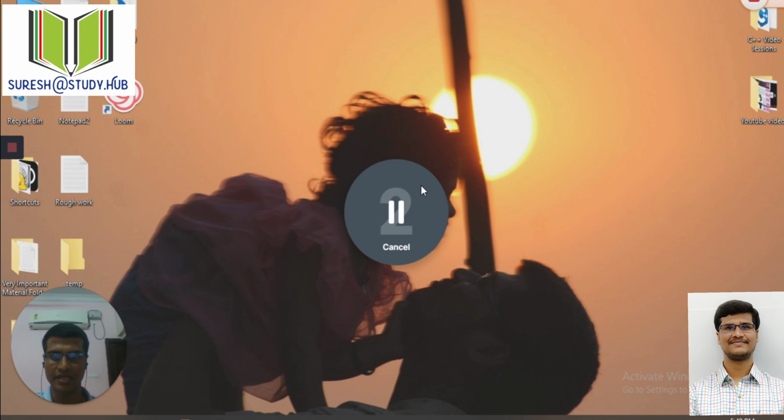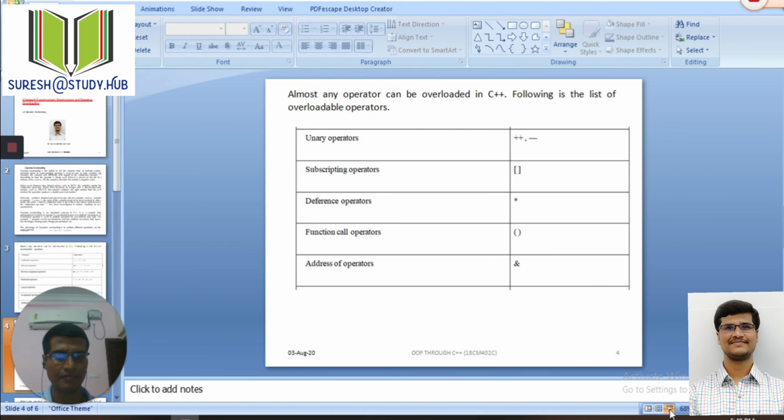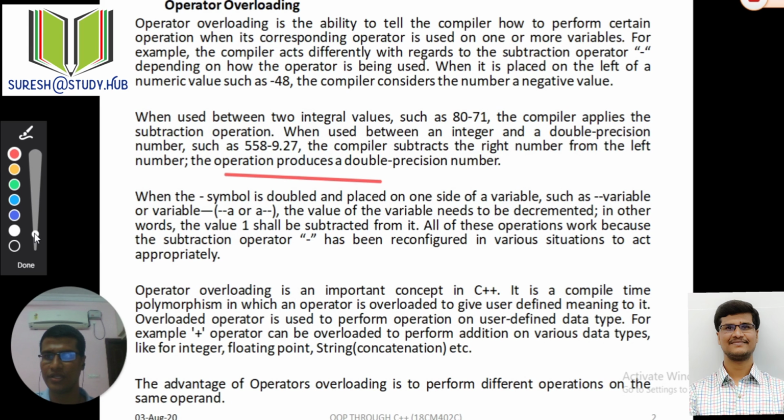Now the recording has started, and open your PPT. Once this PPT is open, here you can see whether you want to stop the recording, restart, or pause, or you can use this draw also. You just click on draw and you can select the pointer options, and you can resize also, and you can start explaining over here by using this pointer. You can change the size and start explaining.